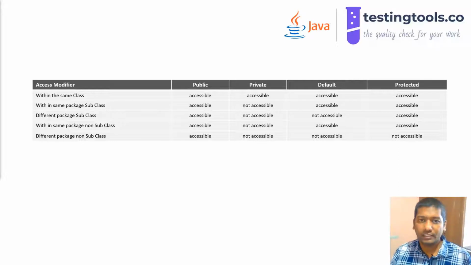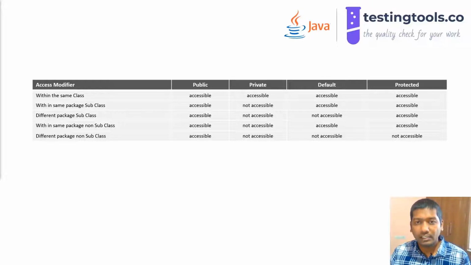So these are some of the use cases where there can be a difference in accessibility because of these access modifiers. The scenarios are: how does it work when we are trying to access data members or methods within the same class? That is our first criteria. The second scenario is if you are trying to access the data members or methods from a subclass within the same package. That is, if there is a class which is inheriting from a parent class, we should be able to understand whatever data members and methods are present inside the parent class, how we can access them in the child class or the subclass. That is the second scenario.